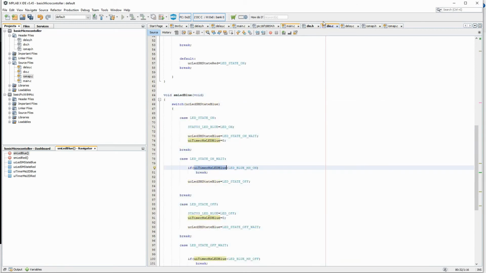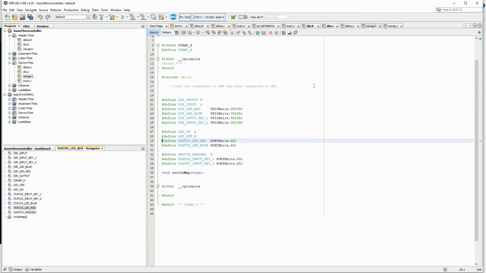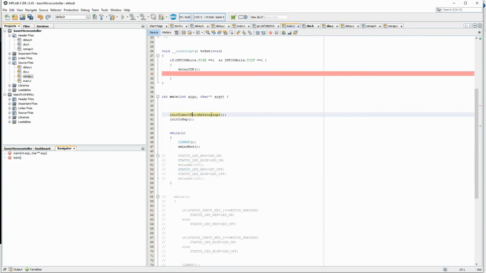And I also have to use this variable in the timers, because both the state machines are using different timers. So if you have multiple state machines like GPRS, Wi-Fi, you will have multiple timers for that. Generally I don't write delays like this, I write them in the ISR, and just to show you how to write in a state machine approach, I'm doing the LED blinking in the state machine. So if you go to ISR, I think it is in main.